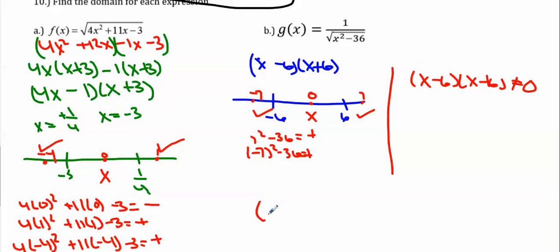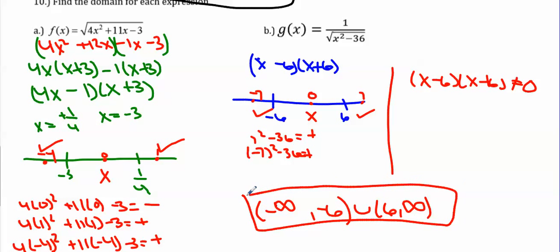So what does that look like when you combine the two? Negative infinity to negative 6 with a parenthesis, and 6 to infinity. Again, I use parentheses because if it does include the 6, then it causes there to be a 0 underneath the radical, which causes there to be a 0 in the denominator. So that's why we don't include them. All right, that is it for